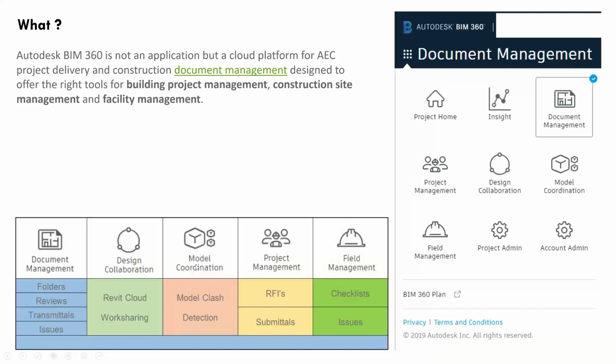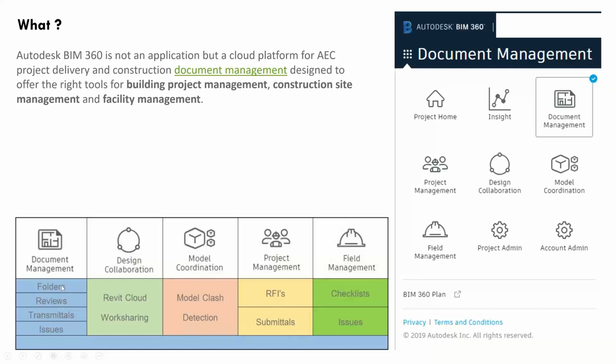Okay, so this one gives you the ability to do clash detection. If you look at a software that can do the same thing, it would be Navisworks. If you use Navisworks, you can use the clash detection, but that's another software that you didn't need to learn. The good thing with this one is that the model coordination is done automatically while you put your file